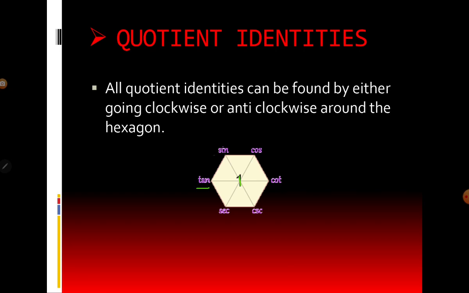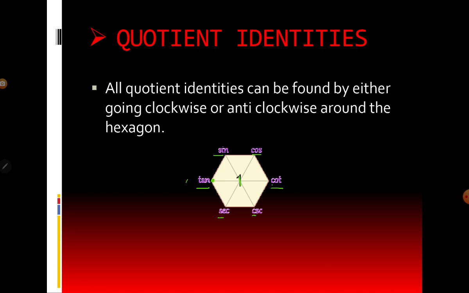We'll write all these functions. Okay. Tan, we'll start it from tan. Then sine and cos. Cotangent is opposite of tan. Then as all c's are on right side, cosecant will be written here, and secant is left, that will be in this corner. Okay. So we'll write quotient identities by using this. We can write by clockwise also or by anti-clockwise.